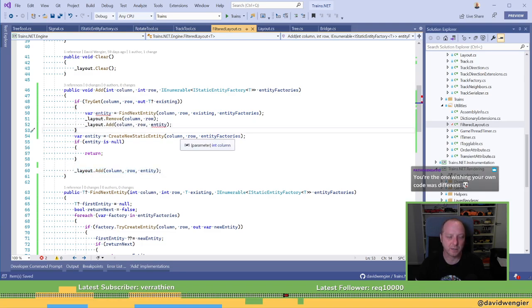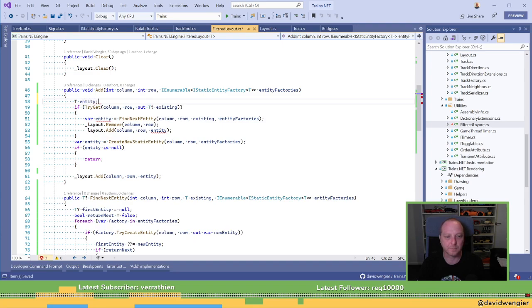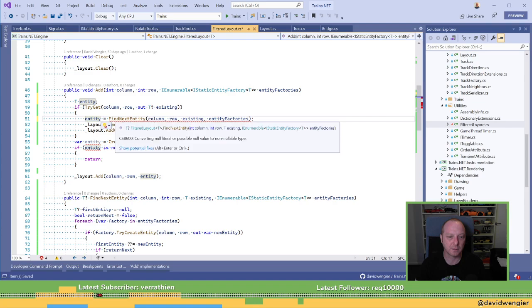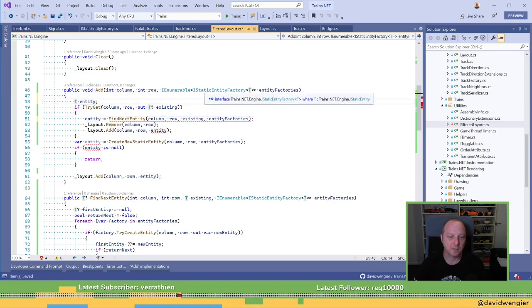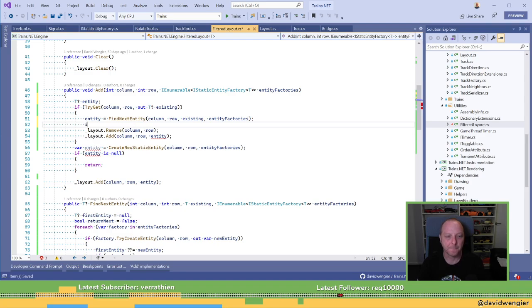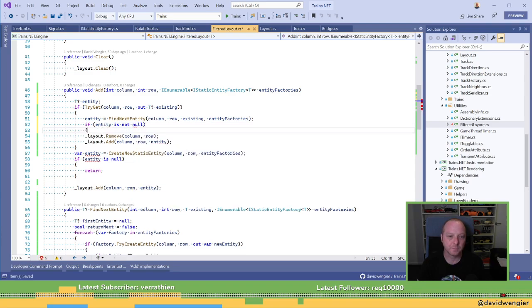Which I guess I can neaten up this stuff. So entity is that. Is a null. Do that.